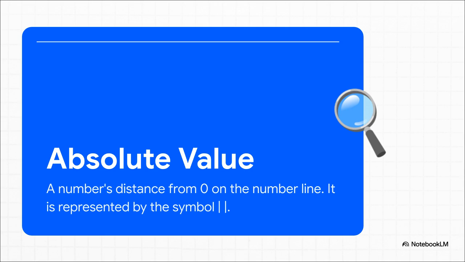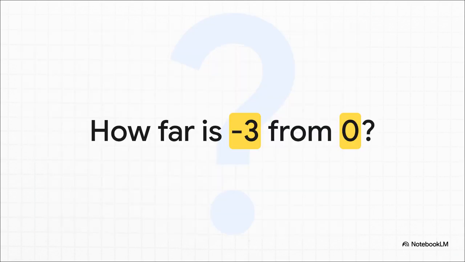Now, a really cool thing we can do with this map is measure distance. A number's distance from 0 is called its absolute value. And here's the key. It's not about which direction you went, left or right. It's just about how many steps you took to get away from 0. So let's make this real. If you're standing on the number line at -3, how many steps does it take to walk back to 0? It's 3 steps. Simple as that. In math, we use these 2 little vertical bars to show we're talking about absolute value. So the absolute value of -3 is just 3. And what's really cool is the absolute value of +3 is also 3, because they're both the exact same distance